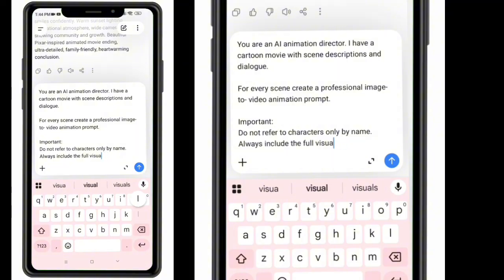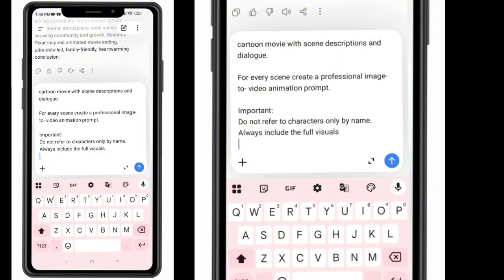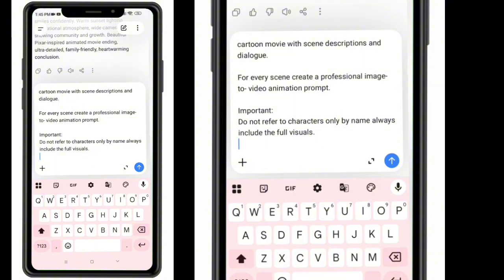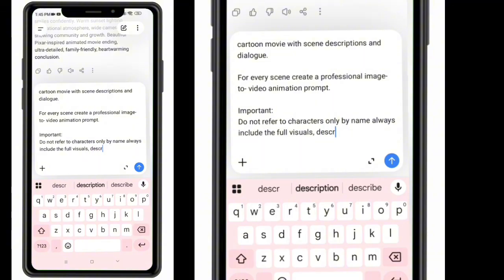Do not refer to characters only by name. Always include the full visuals. Then I will now give a description of each character. Always include the visuals from my description of each character. I'll just say, for example,